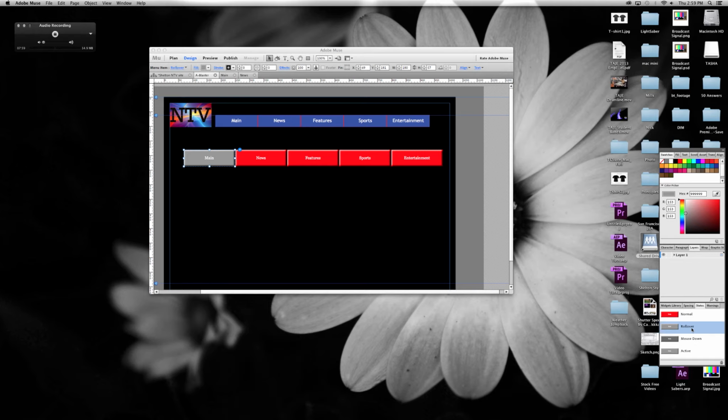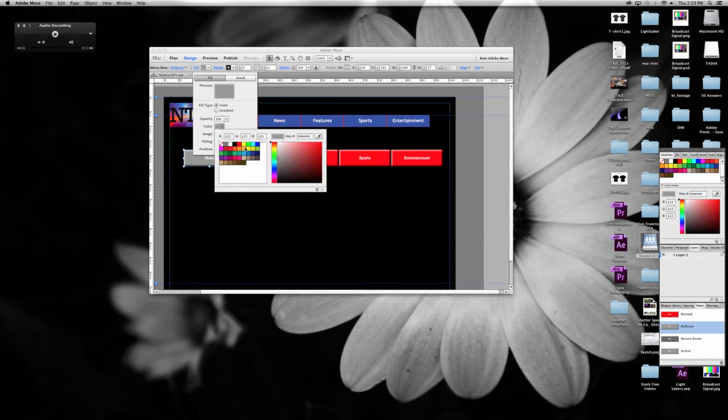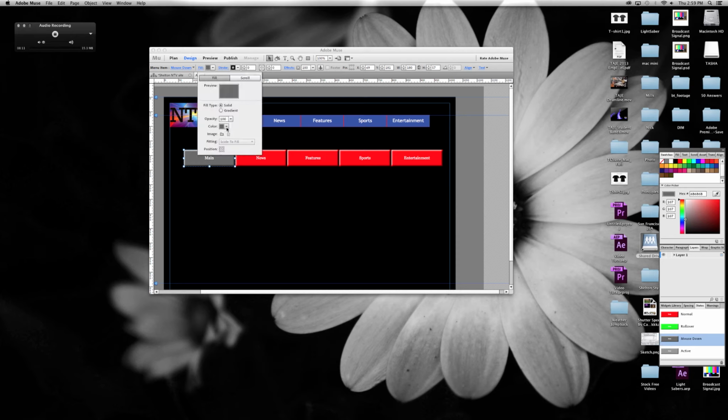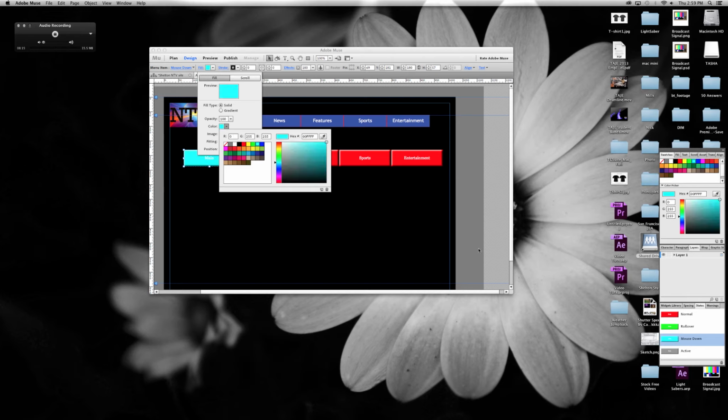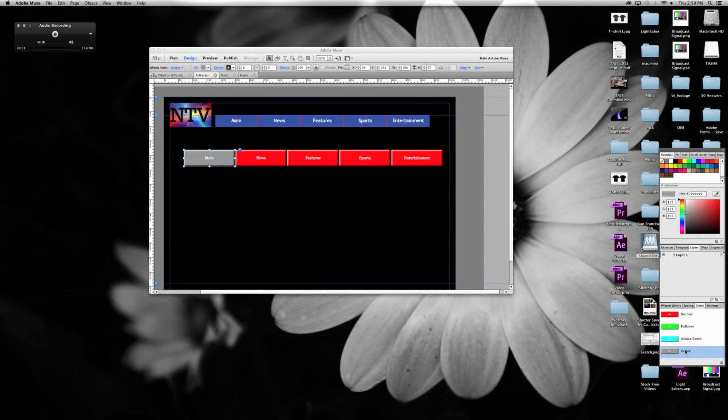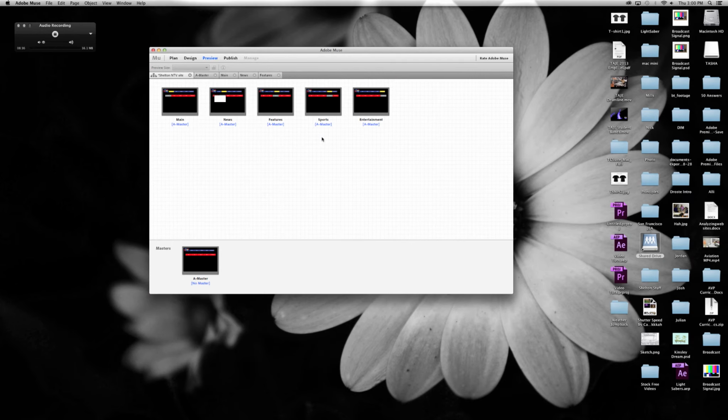You can change every single one of these by just clicking on it, and then change the color if you want. Let's say, for example, I want mine green. This is really ugly. Mouse down. You can also delete these if you don't want the mouse down option. You could delete it just by clicking on it and then pressing this little trash can button. But I like it, so I'm going to leave it. And let's just pretend that active is like that. If I go to preview,